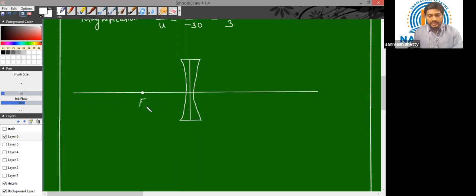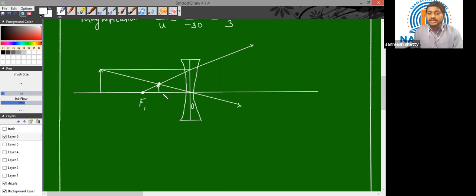So this is my focus, let us say F1, and this is the optical center O. No matter where you keep your object, let us say I'm keeping my object at this particular point. After refraction, the light will diverge. It is a diverging lens, but it will diverge in such a way that it appears to be coming from the principal focus, from this particular point. Let us choose another ray which is passing through the optical center like this. Both the rays intersect at this particular point. So here is my image formed.